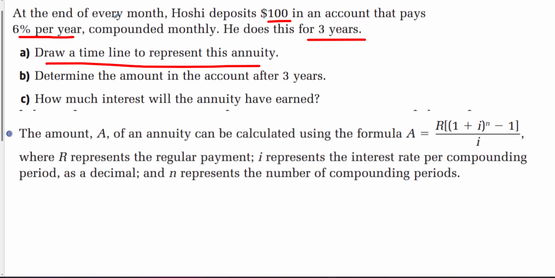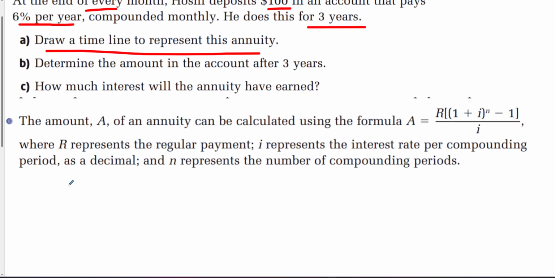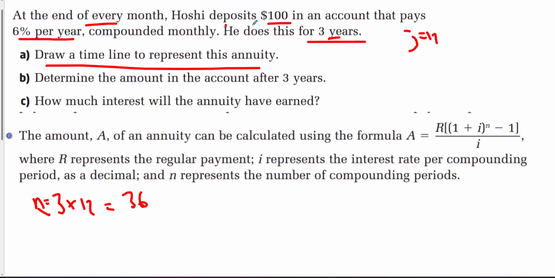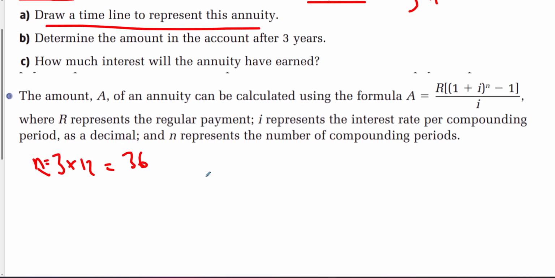So every month, right? So N is equal to 3 years times, since J is 12 monthly, times 12, which is 36. That means in total you're going to have 36 deposits, because it's 3 years, you're doing it every month, 3 times 12, 36 deposits. So when N is equal to 1,